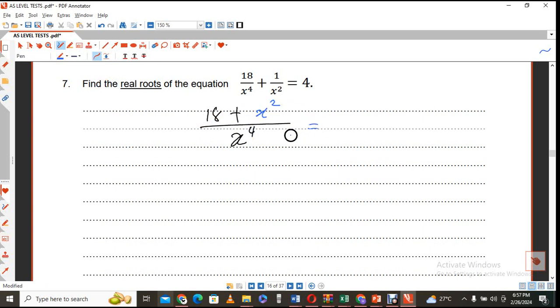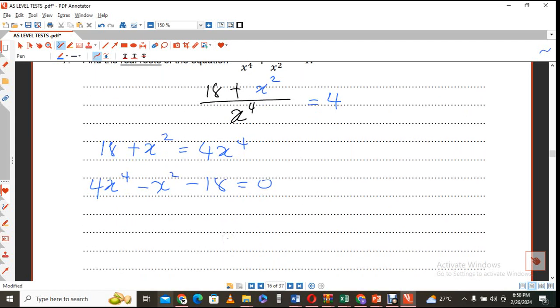And what you now have is a common denominator, and obviously that's going to be 18 plus x squared equals 4x raised to the power 4. If you have to get rid of that, that's 4x raised to the power 4 minus x squared minus 18 is equal to 0. So hopefully you should see that this is a hidden quadratic, and if that is the case, you can say,